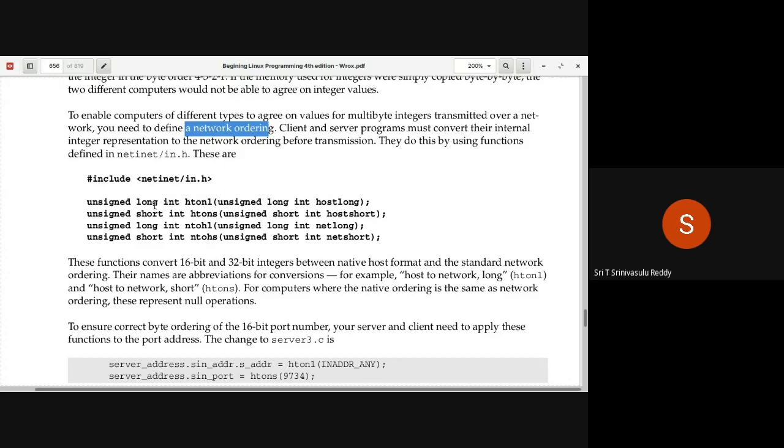So simply use that. Whenever you want to pass on a long integer over a network, first convert it, and the converted data must be sent over the network. Similarly, htons, host to network, short integer.